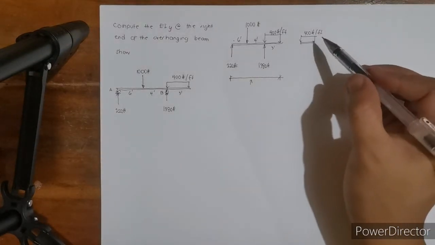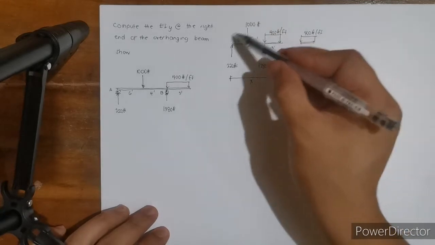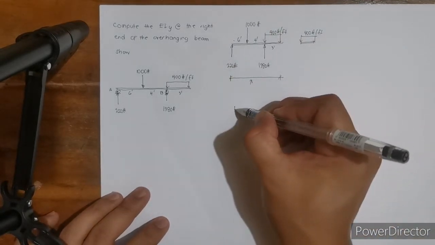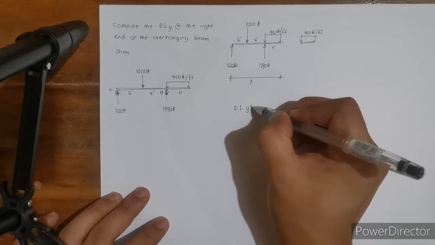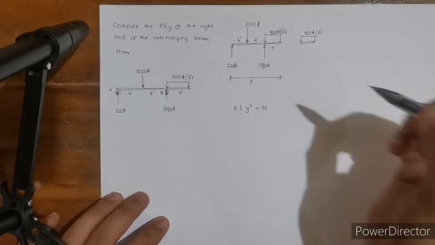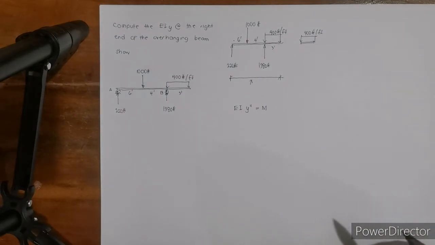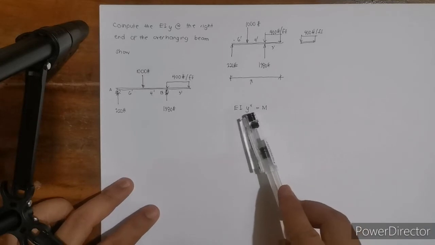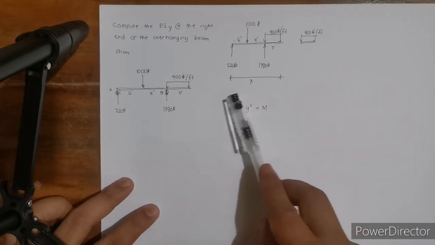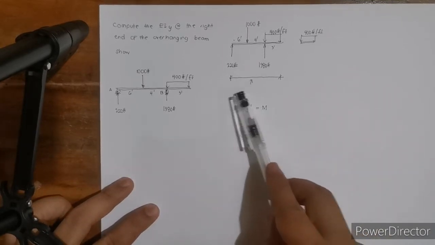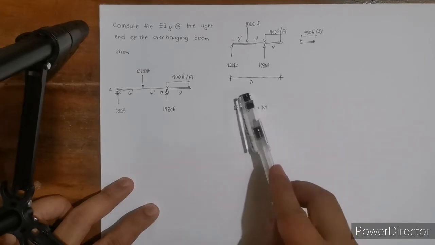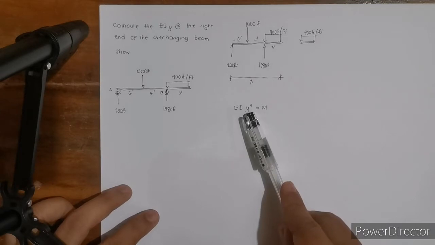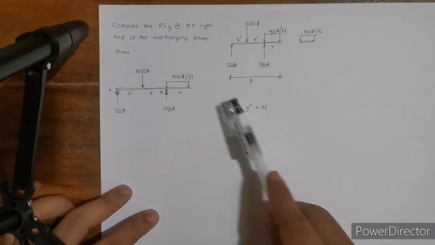So, hindi natin i-consider yan. Ito i-consider lang natin. So, we know that EI y double prime is our moment for our double integration. So, na-discuss na yan. So, para ma-compute mismo yung ating deflection, this is our moment equation. Para ma-compute mismo yung deflection, yung y double prime, from the topic itself, double integration. Para ma-compute natin yung deflection y,